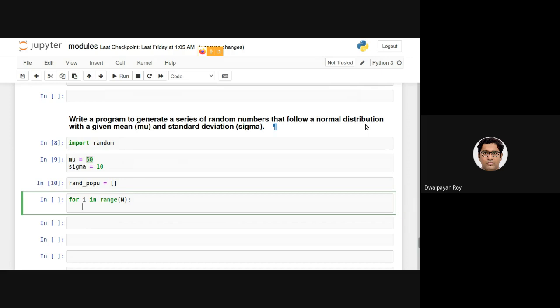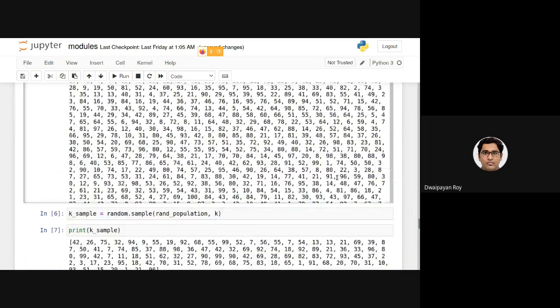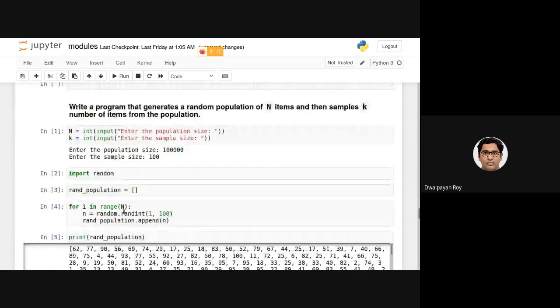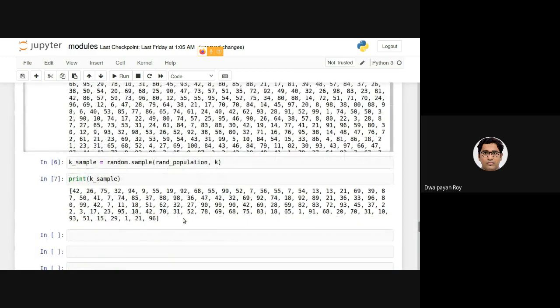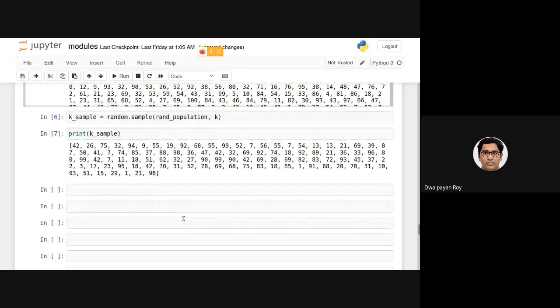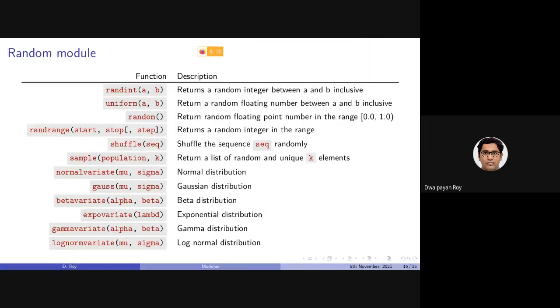Earlier I was using the randint function, right? In this case, I'll be using the normal variate function. Note that there is a function called normal variate. Given a mu and sigma pair, it will generate numbers which follow a normal distribution.